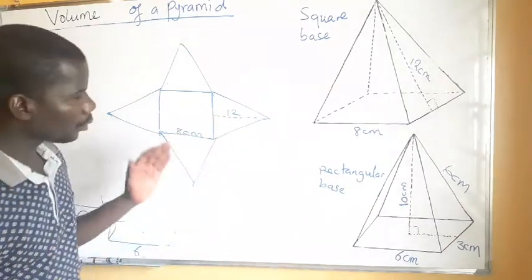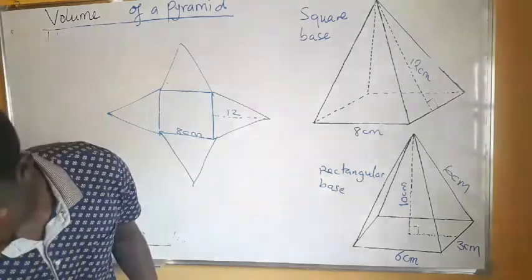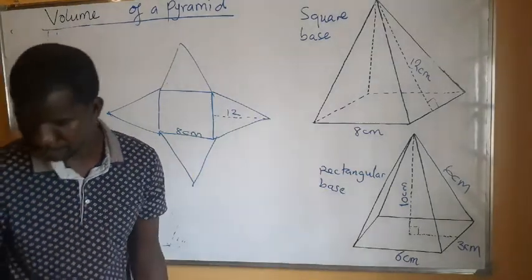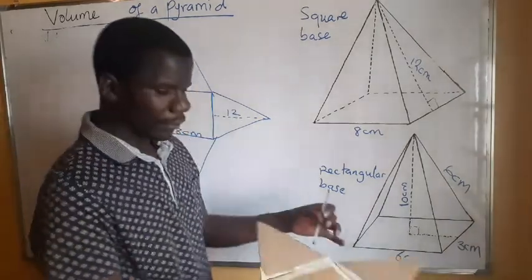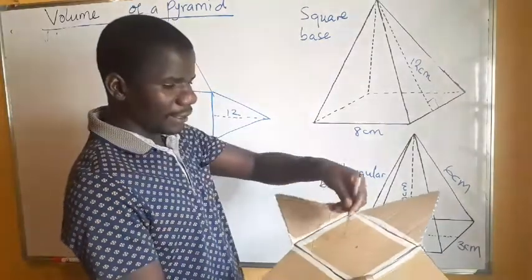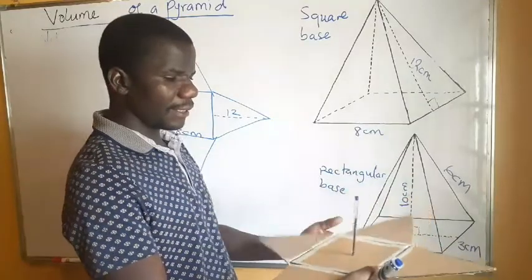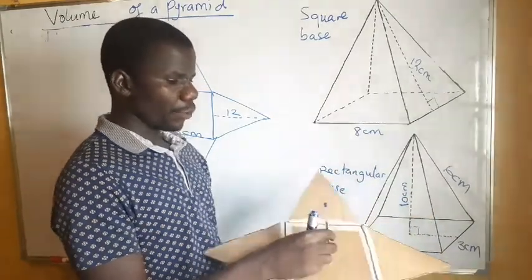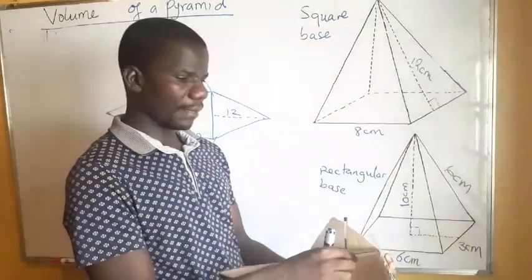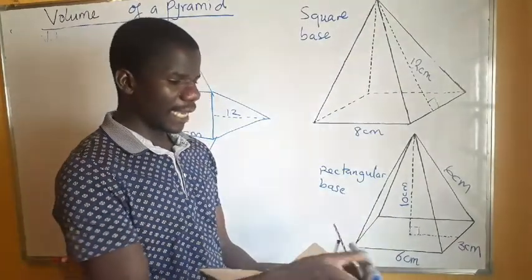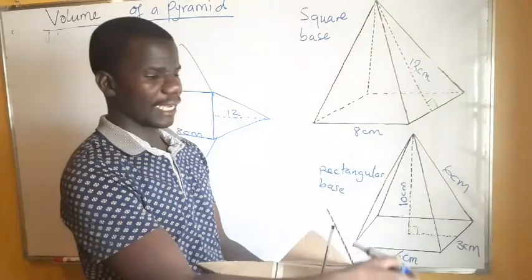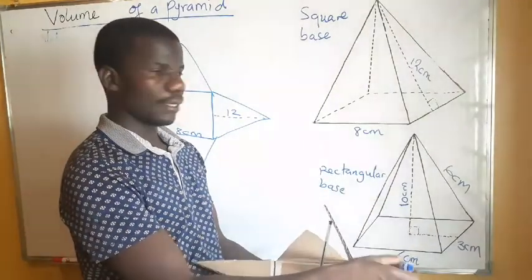So we are going to use Pythagoras Theorem. And since the height that we want is this one, okay? This is the height that we need. So we are going to use Pythagoras Theorem. Remember, we fold this part like this. So the height that we are given is this one. We are given this one, okay? Which is,